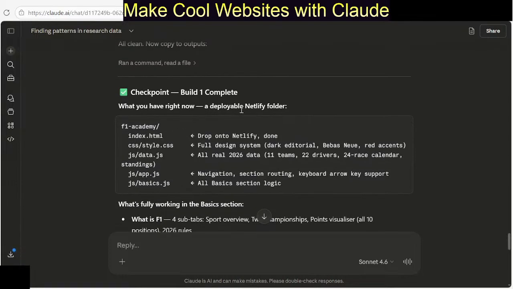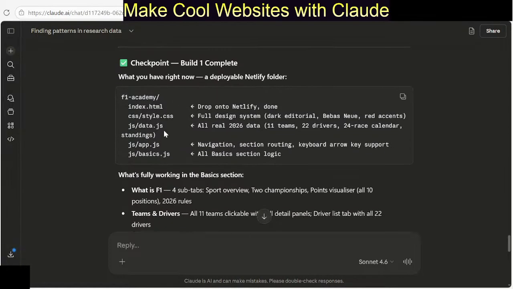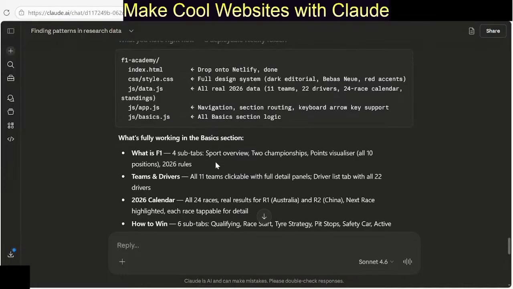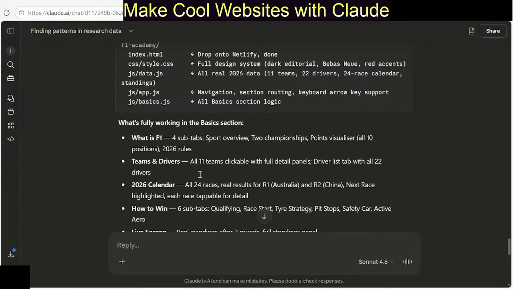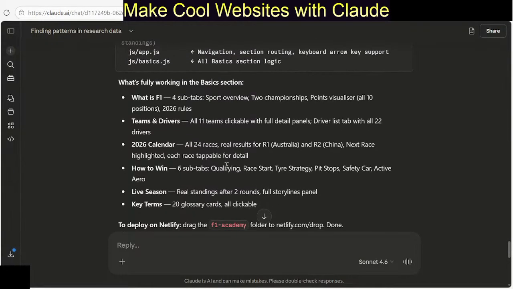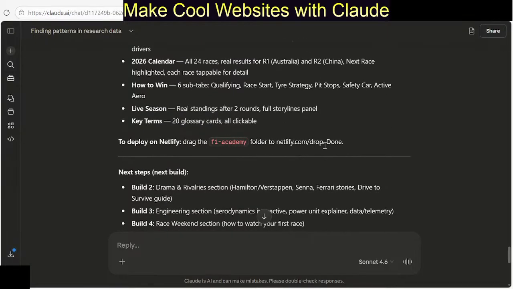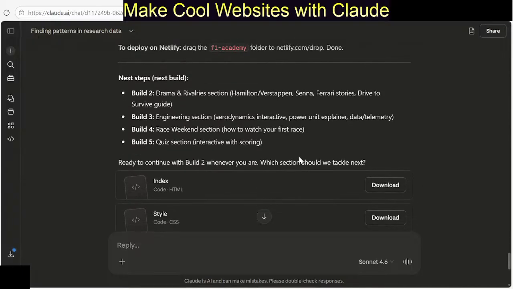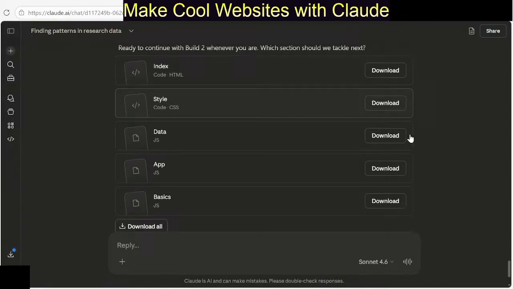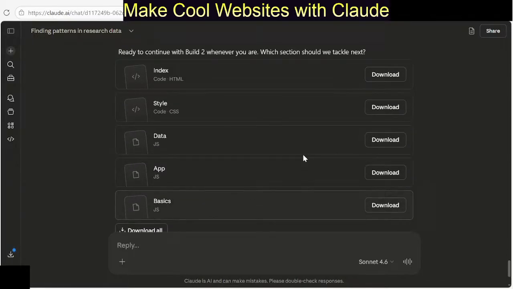What you have right now, deployable Netlify folder. Okay, I have this inside the folder. This is what is fully working. 4 subtasks sports to championship. It says all of these are working. Ready to continue with build 2 whenever you are. Which section should we tackle next? So it says that I have,